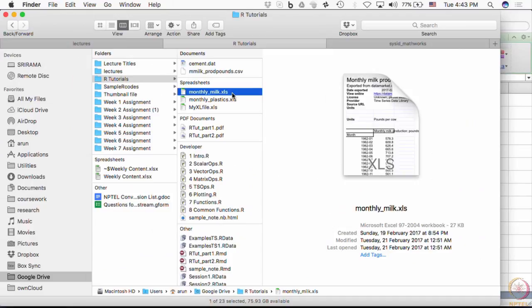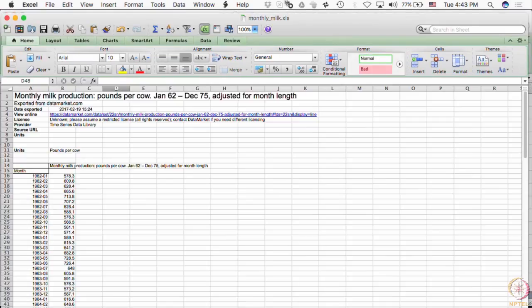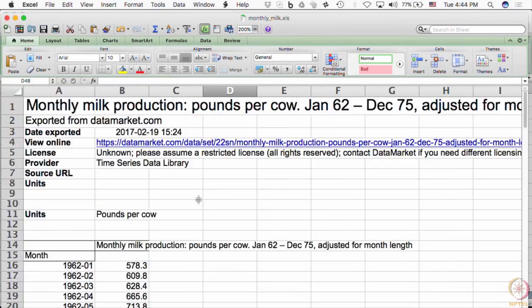I am just checking. So, this is the Excel file. In fact, if I open this, it will show you. Let me zoom this up. So, this is monthly milk production during a different date. It is again pounds per cow from Jan 62 to December 75, and all the details are given here.